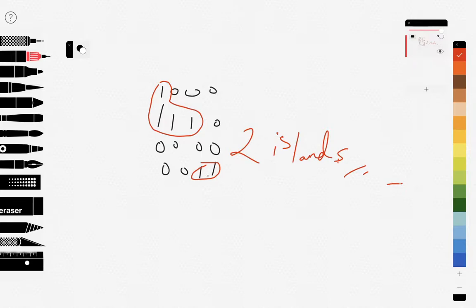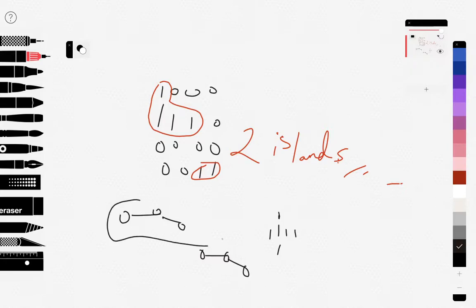Clearly, whenever we have a notion of connectivity, so I will get the black marker again. This is one, and we know that other ones are connected to it either horizontally or vertically. Let's say this is one region, and whenever we have a notion of connectivity, what can we think? Whenever two things are connected with each other, and moreover there are some groups of connection, what are these actually? These are just some components in a graph.